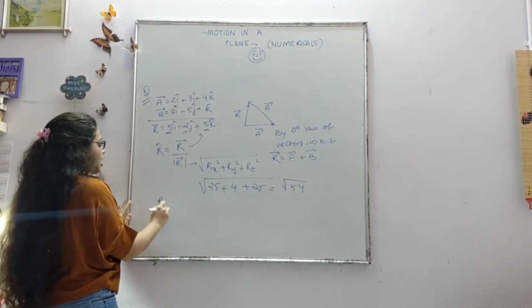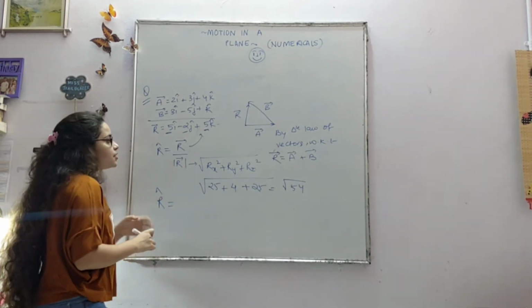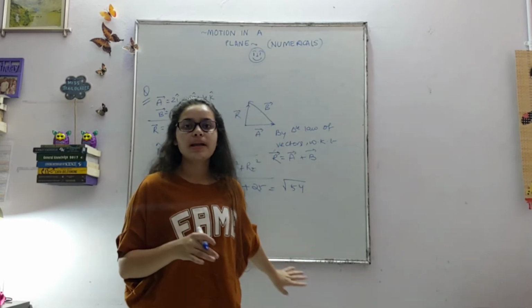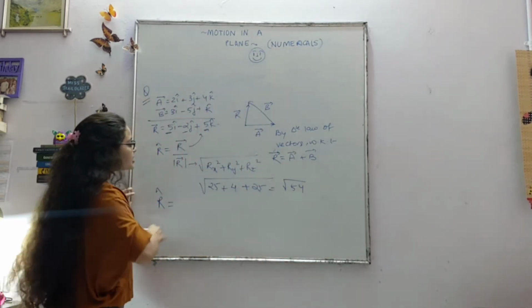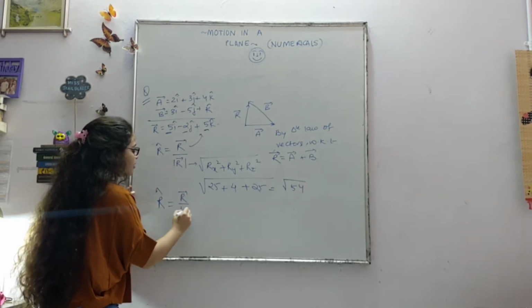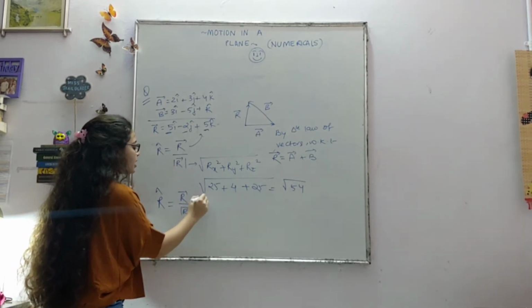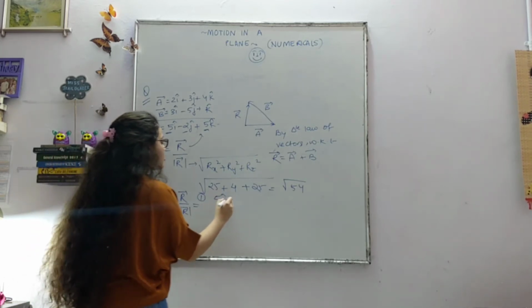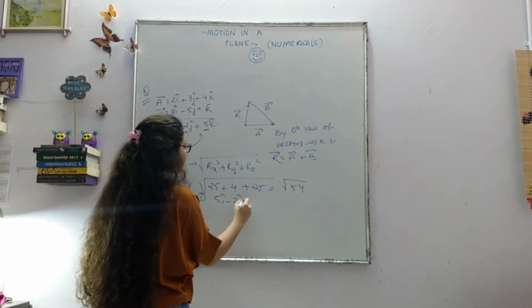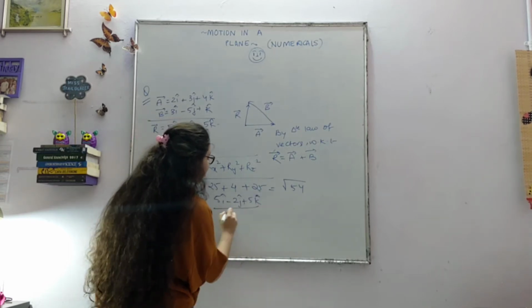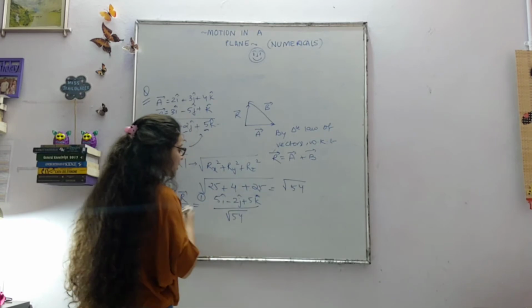Now our final answer is coming up. You don't have to simplify this answer. I will also show you two ways in which you can write the same answer. The first way is the basic way. You have vector by magnitude, right? What is the first way? First way is write vector 5I cap minus 2J cap plus 5K cap, right? This is the basic way. Even I have written most of my answers in this way.